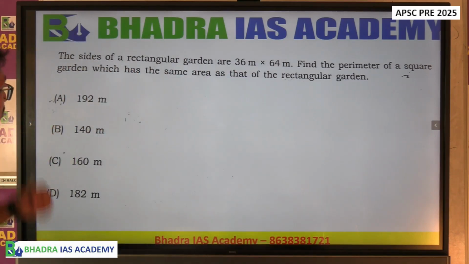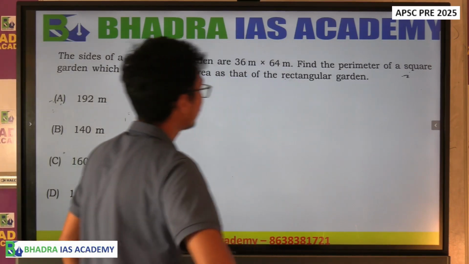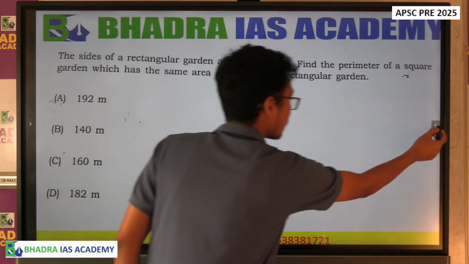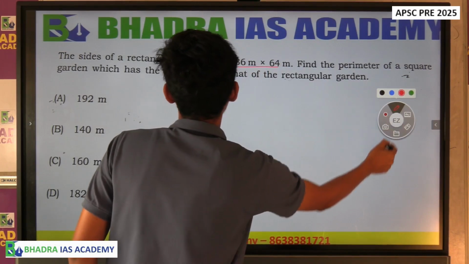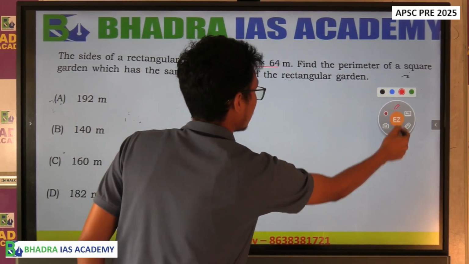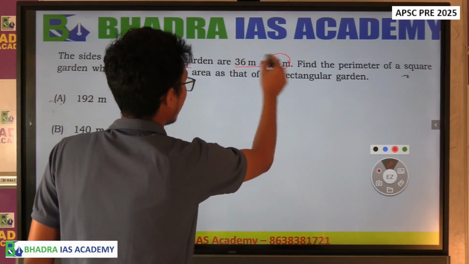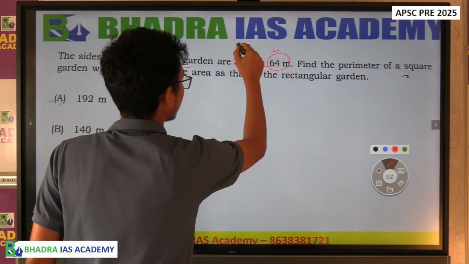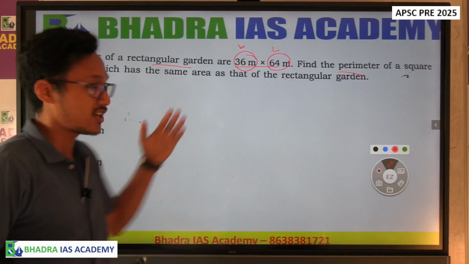Now the size of a rectangular garden is 36 meter into 64 meter. This is the size of a rectangular garden, so that means length is this and breadth is this. Find the perimeter of a square garden which has the same area